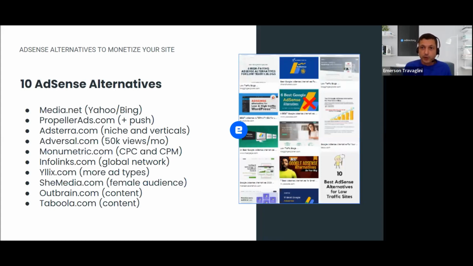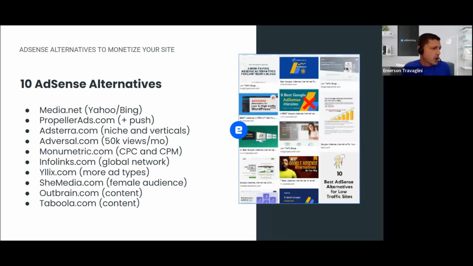You are going to be valued more on a vertical than on a general website, so it may influence how much you can earn with your ads. Adversal.com requires at least 50,000 views per month. So if you have a lot of traffic, you can apply to this program.